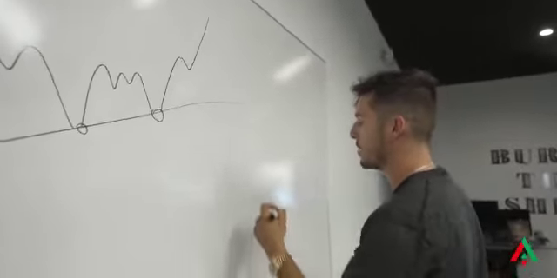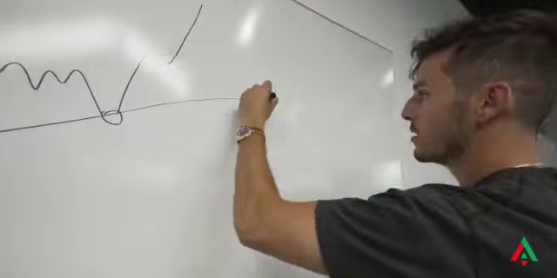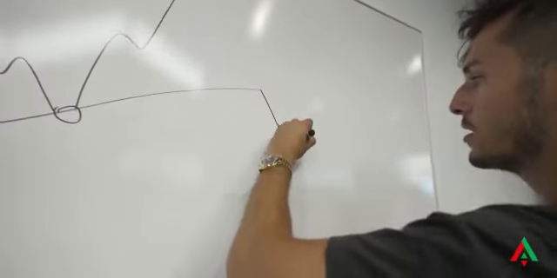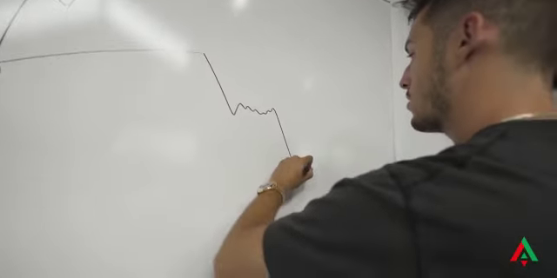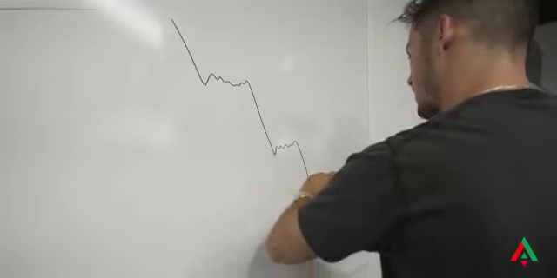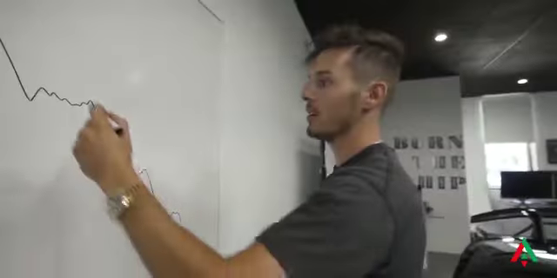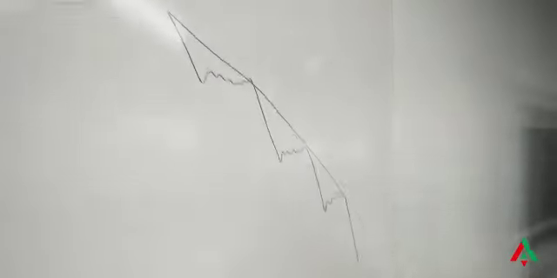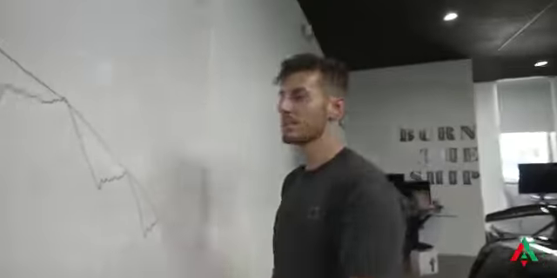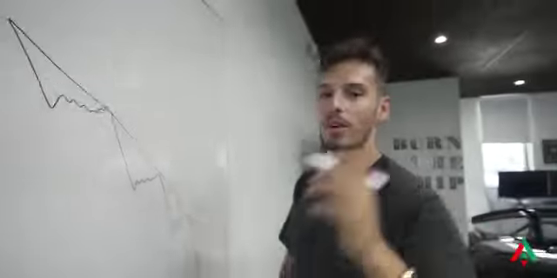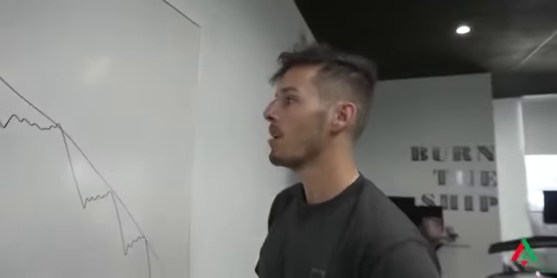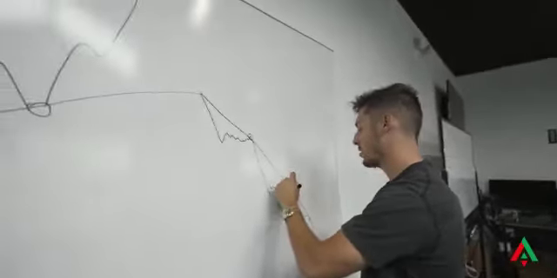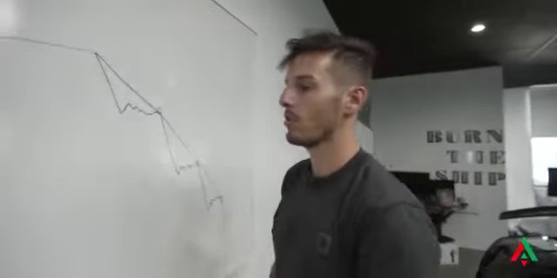Now a downtrend example would look something like this. Let's just say the market decides to reverse from here, comes down. Now your trend line would look something like this. This one might have a curve in it because it's drawn by my hand. But when we go to the market, we'll give you that perfect example. But with the downtrend, you're connecting your highs. So we'll just write right here,